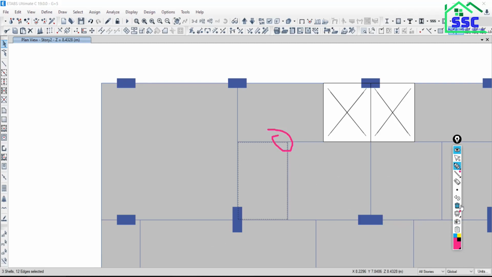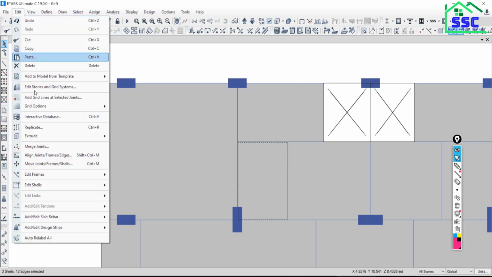So just clear this and go to Edit, go to Move Joints, Frames and Shells. If you want to move the joints, you can do that. If you want to move the frames, you can also do that. If you want to move the shells, you can also do that.